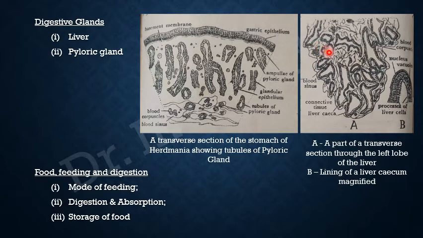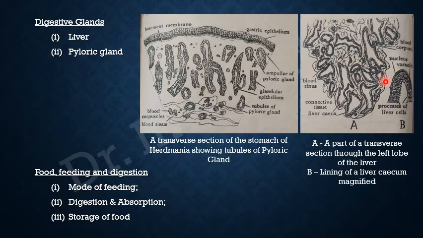The ductules of the ceca of each radial group converge in the center to form a common main duct for the group. In all, there are about a dozen such main liver ducts which open into the stomach. As opposed to this, in the pyloric gland there was only one duct which opens in the proximal part of the intestine. In the liver, there are a dozen main ducts, which are formed after the combining of all the small ducts in the gland.